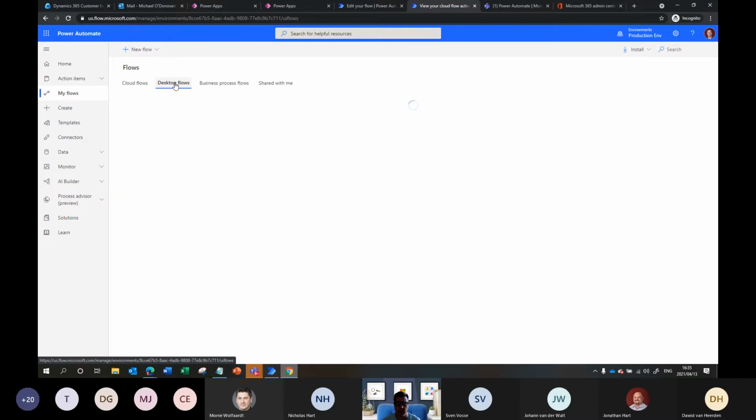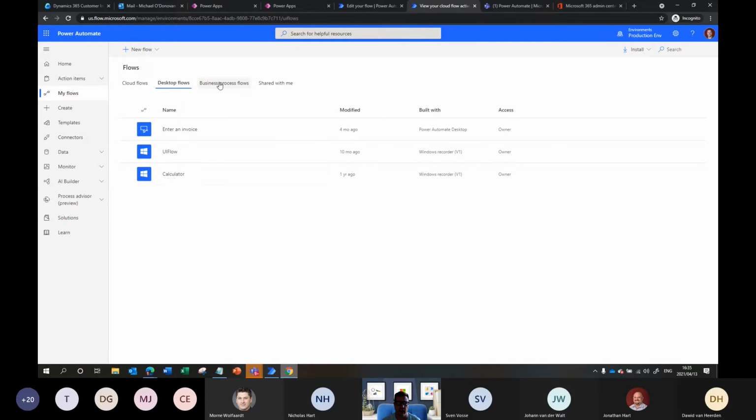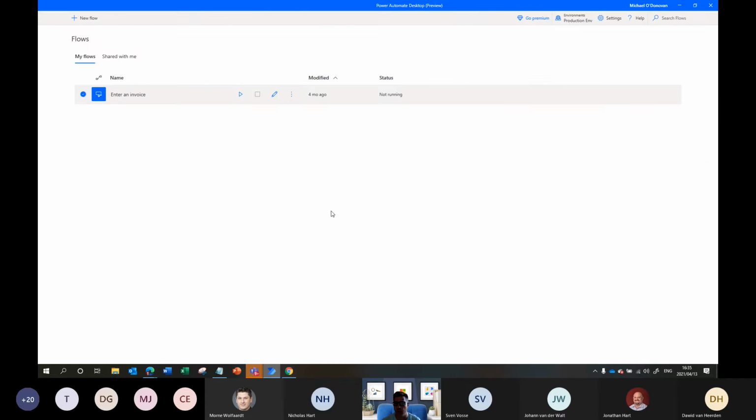So you go into desktop flows, and if you create a new desktop flow from here and you click new, it will literally launch Power Automate Desktop, which is what he showed you. Alternatively, you can launch Power Automate Desktop first and come here and create a new flow to automate your desktop.